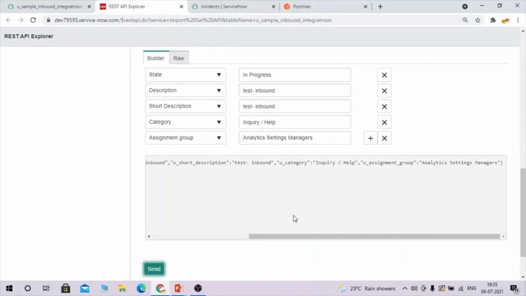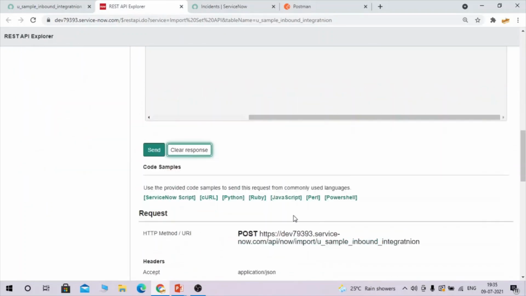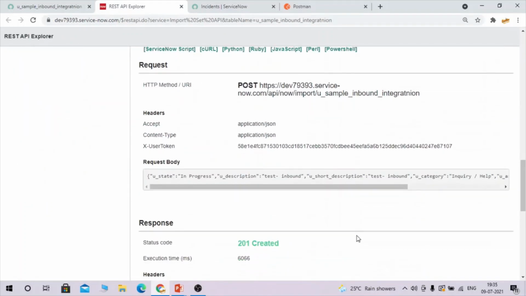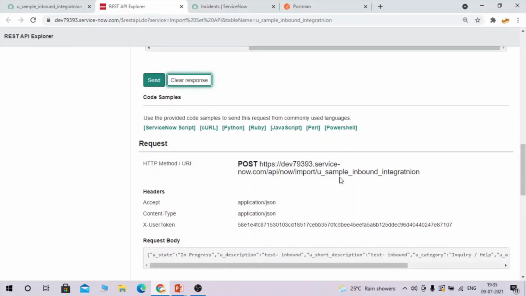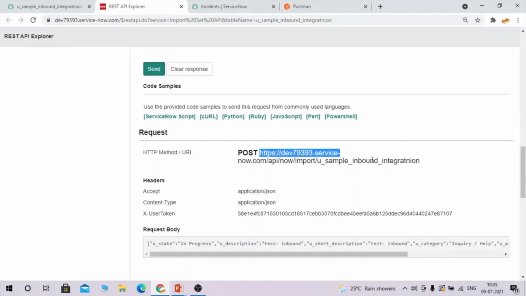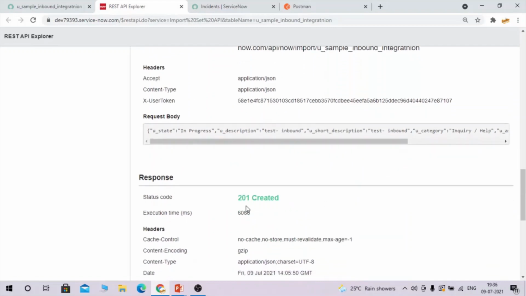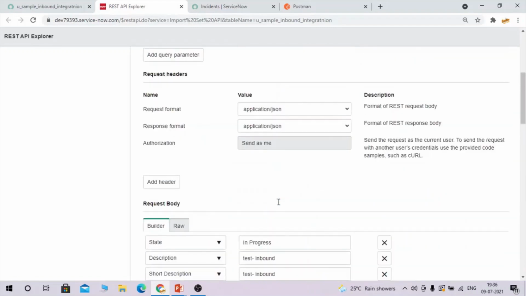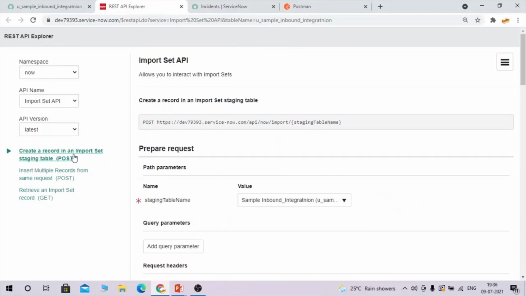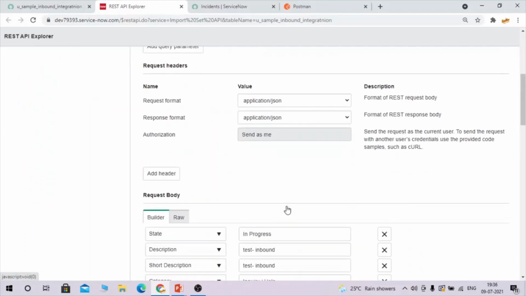So it has gone, I think. Yeah, it has gone, and this API has been created. We have selected POST, right? So it will create a new record.